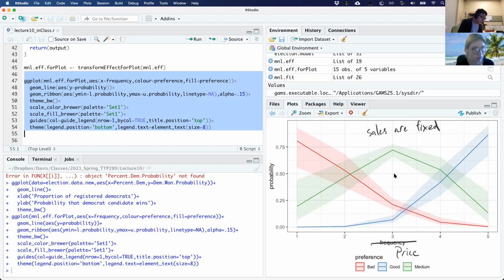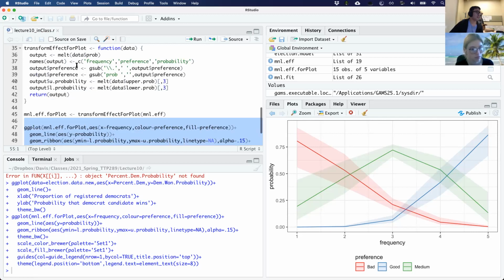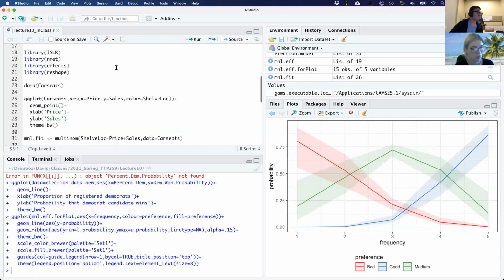Is this output saying that if the price increases, the probability of buying a good quality car seat goes up? No, sorry, no. The variables that we're actually looking at in the car seats data set are these 3 variables.